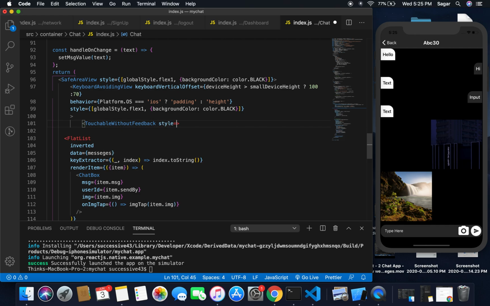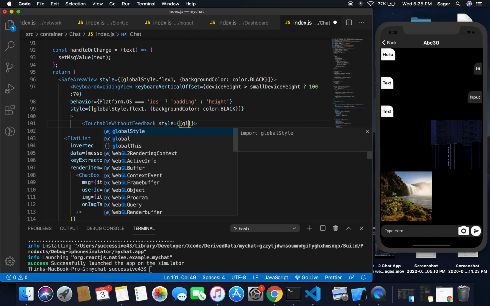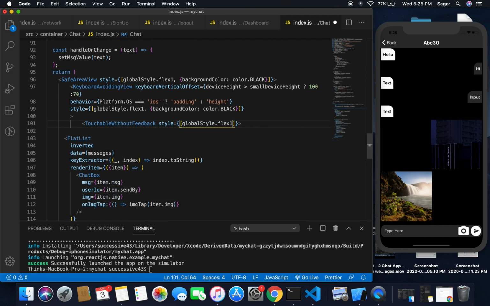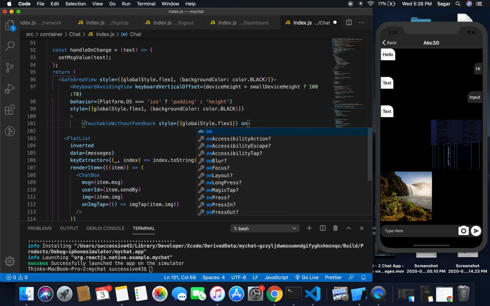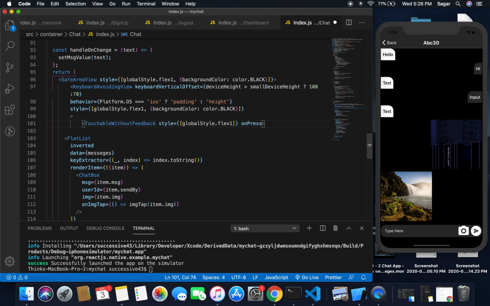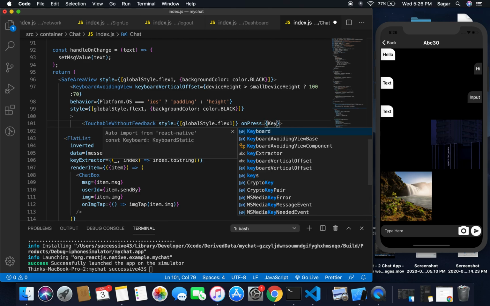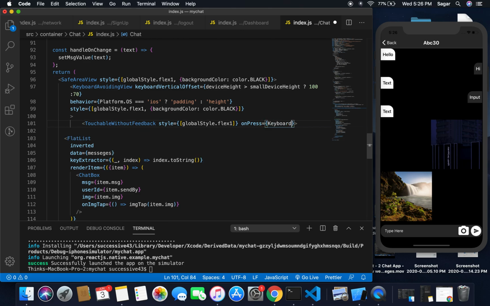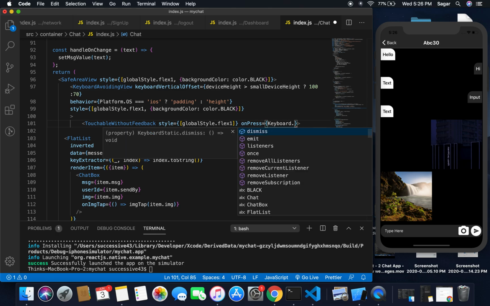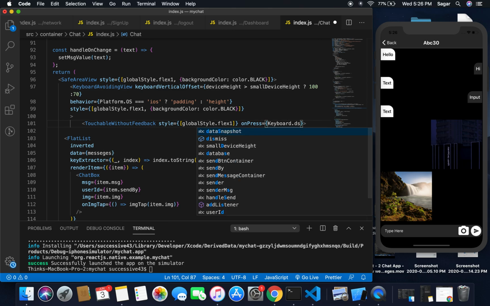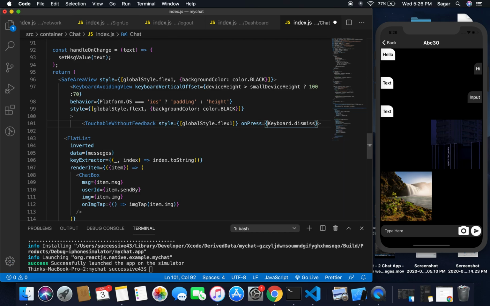And now for TouchableWithoutFeedback, I'm going to use the style, and I'm going to use here globalStyle.flex of 1, and I'm going to use onPress, if we press anywhere on the screen, so import Keyboard from React Native and use the Keyboard.dismiss method. So dismiss, save this,